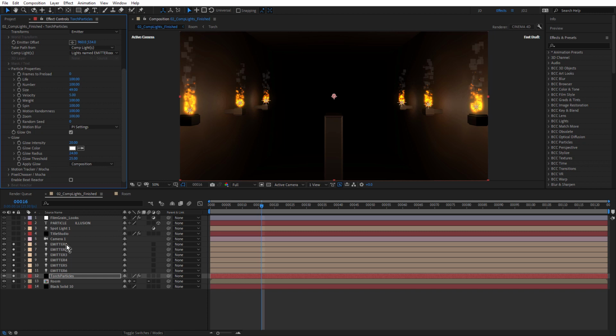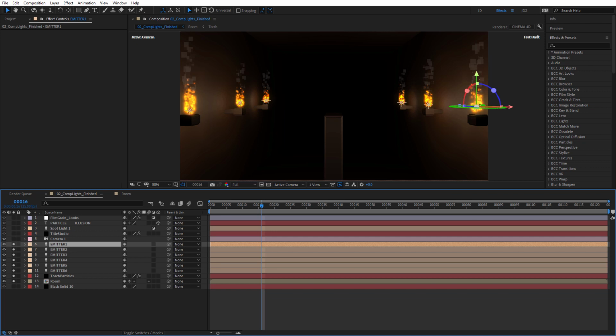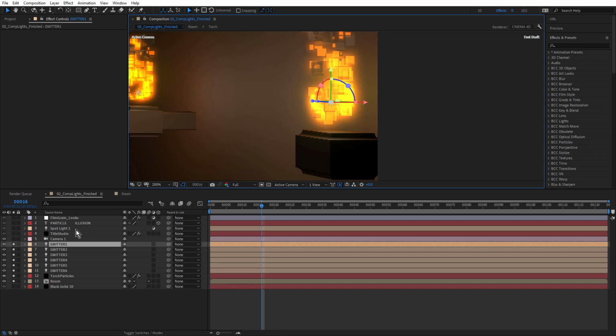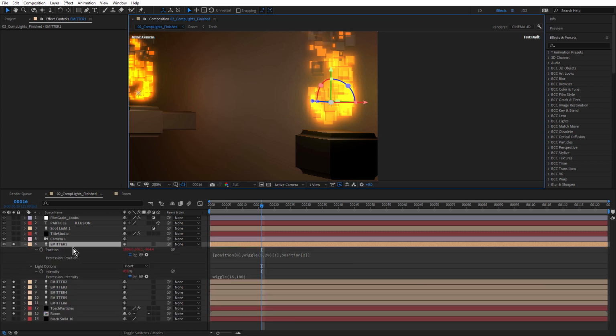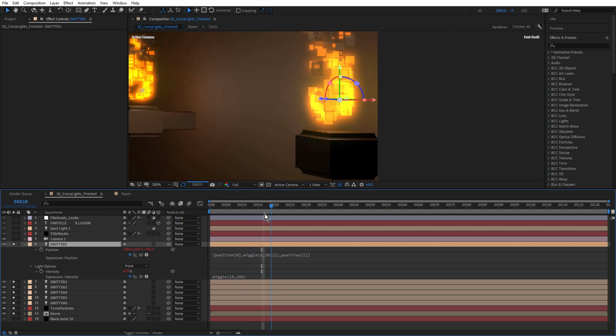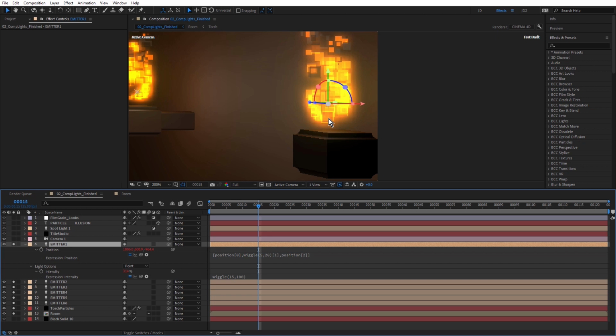So if I just choose one of these, roll in with my mouse wheel, press E on the keyboard twice. So there's a couple of expressions applied. The main one to affect the emitter is position, because I wanted these to sort of sit above the torch, but I didn't want them to be static. I wanted them to be a little sort of magical, so kind of floating above. And they looked more floaty, if that's a word, by using a little bit of wiggle on the y-axis. Makes them kind of move up and down slightly.